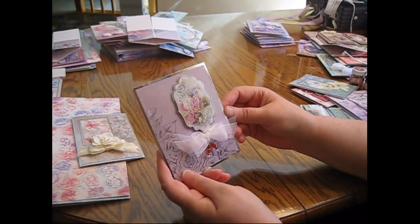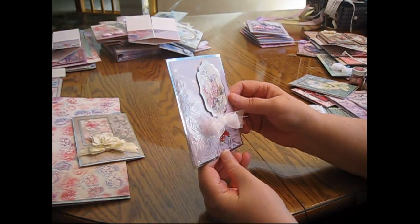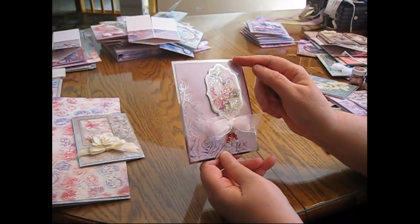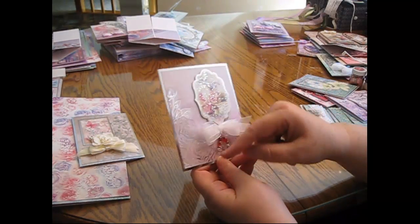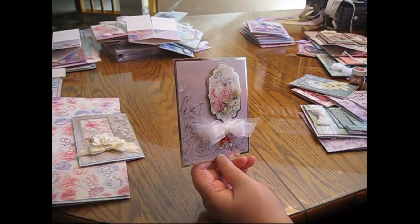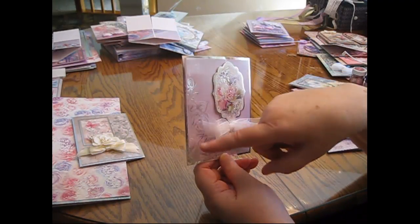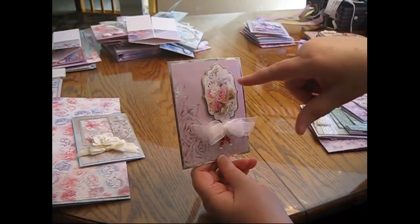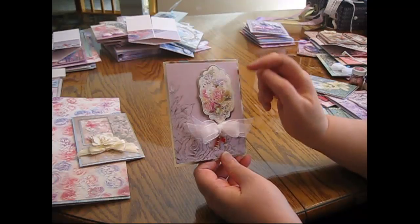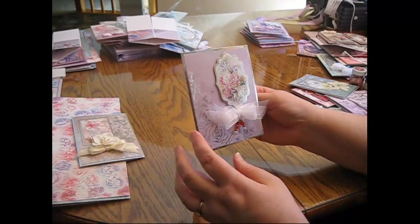Next, here's another acetate card. I warned you, I used almost a whole pack of acetate with these cards. In this case, I used another piece out of the Floral Shimmer paper pad. It was just kind of a lavender color, and I put this beautiful piece of acetate on the rose corner around there. Isn't that gorgeous? This acetate has a gold side and a silver side. If you don't mind mixing the gold and silver, which I really don't mind doing, but some of you don't like it, so I tend to hold with gold or silver instead of both. But